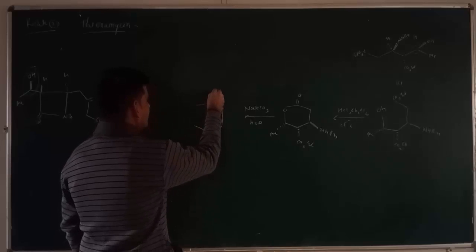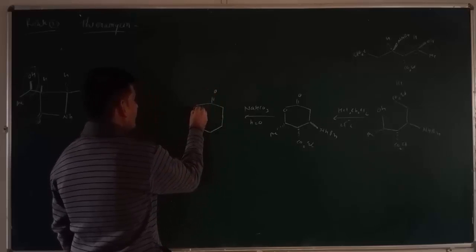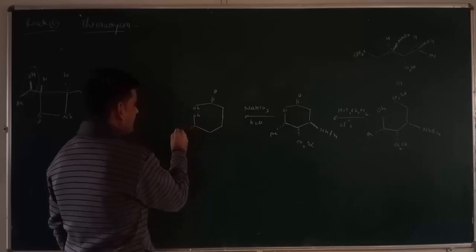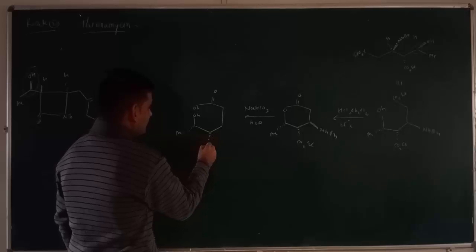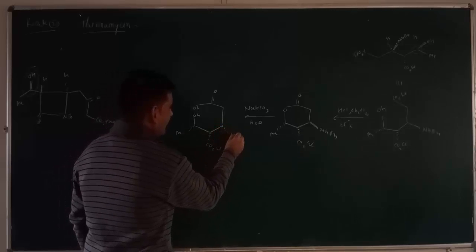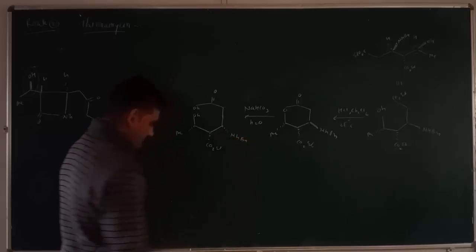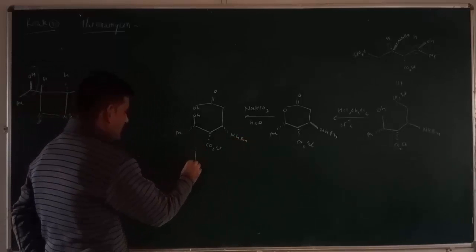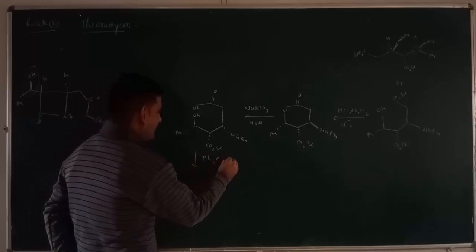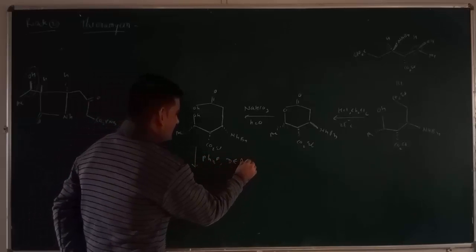So here is CO2OH, here is again CO2OH, then this is a methyl group, this is CO2 and here is the NHBN. Then in the next step, this molecule will be treated with triphenyl phosphine and diethyl azo